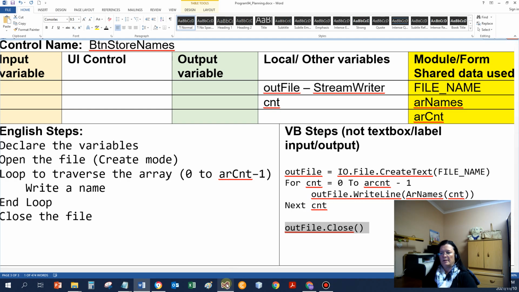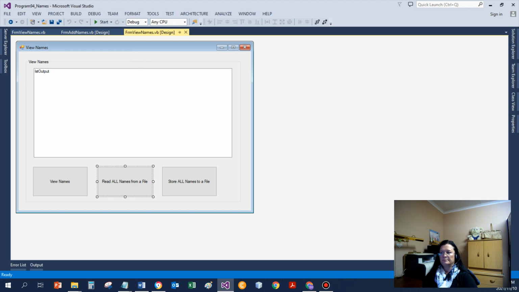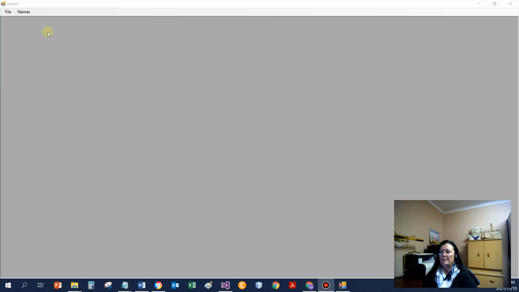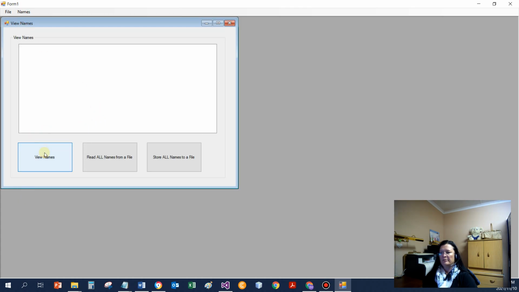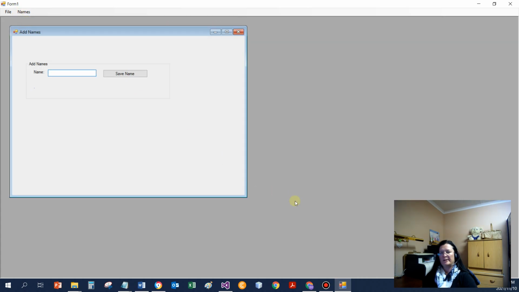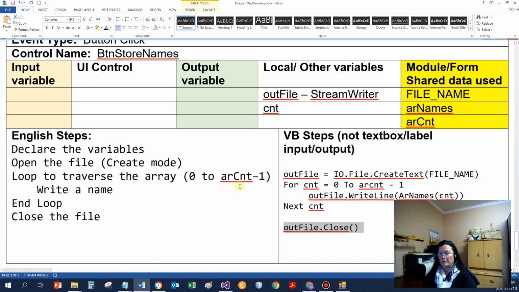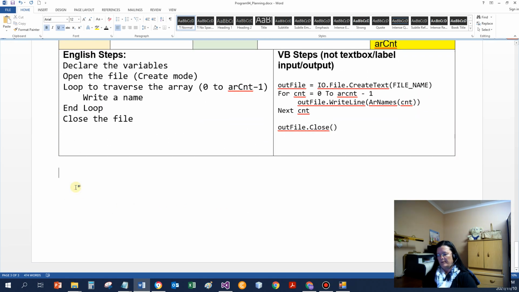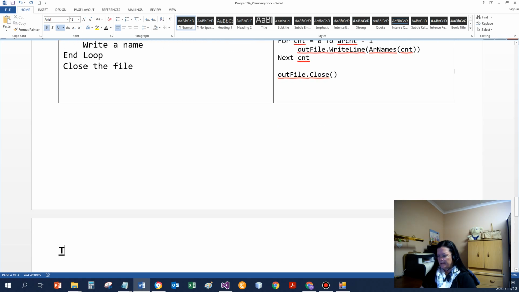So now if I am to run this program, there we go, ran the program. If I go have a look at view names, click on view names, then nothing initially in the file or in the array. I start with blank names, the first time that I run the program. So if I am going to save some data, I first need to know what I want to do. So if I go have a look at some test data,